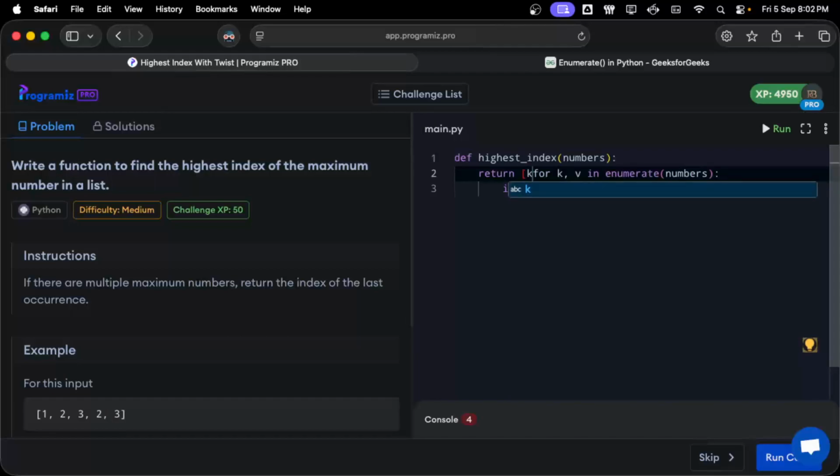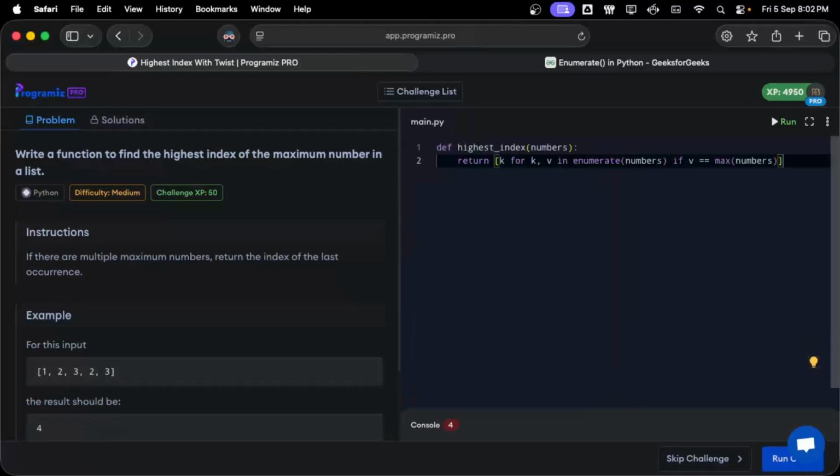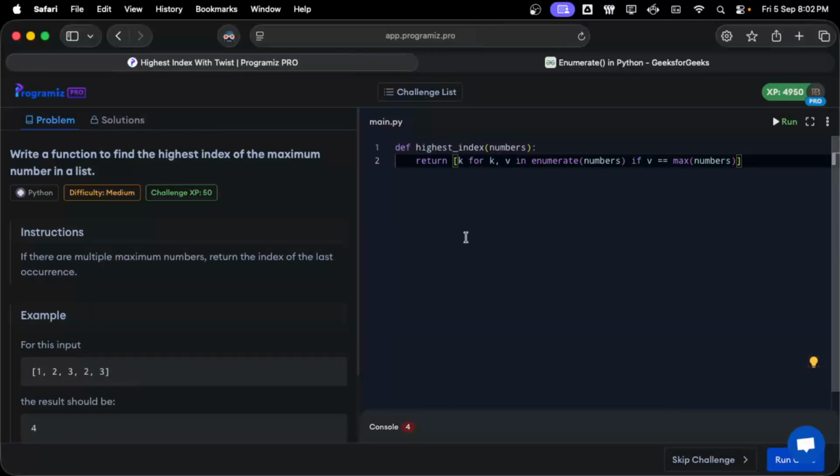We need the key and we check the condition if v equals max, and we get the list of it. From here we need the max, right? That's all we need to do